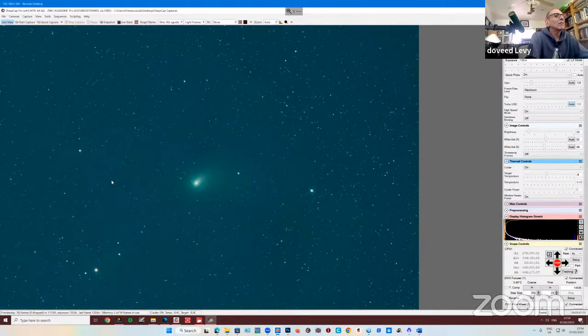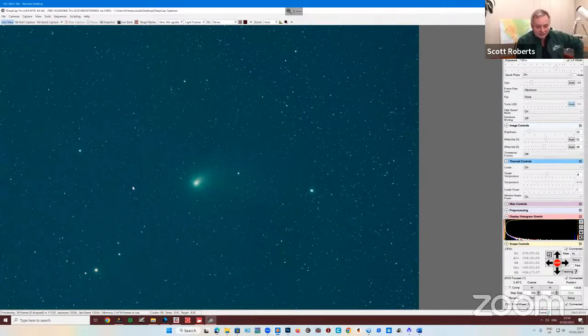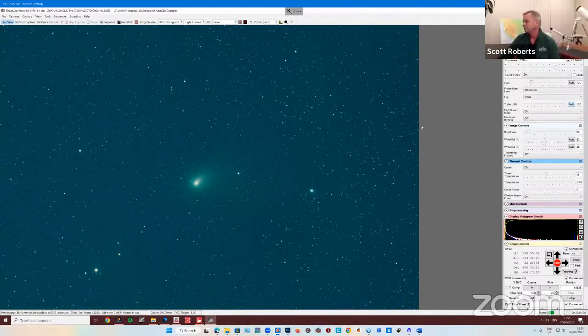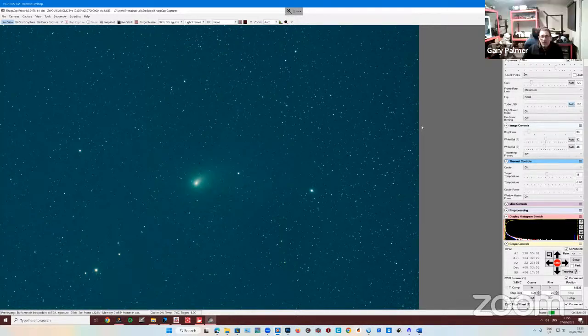There we go. Oh wow, pretty. 2-minute shot. Yeah, you can see kind of the dust tail. I can make it out, but the moon is just sort of washing out. It's a blue. Even adjusting it up, it's not really making a lot of difference. But in the raw images, you can bring out a little bit of the tail, but not as much as what we have been. So probably by the weekend, I would say, if we give it 5 more days,